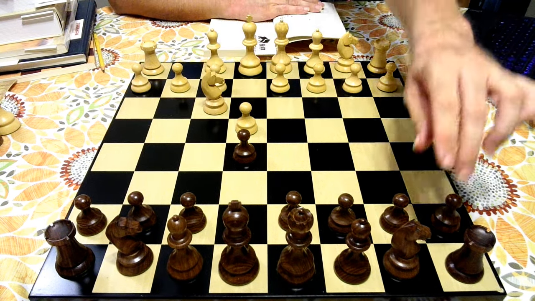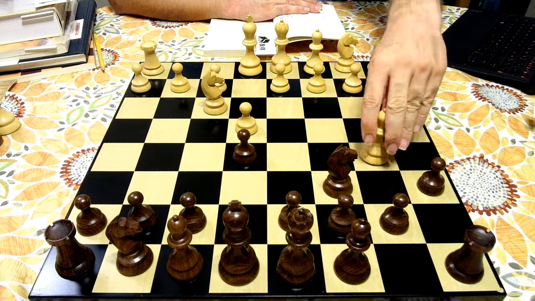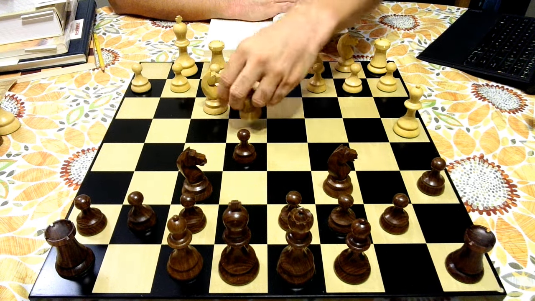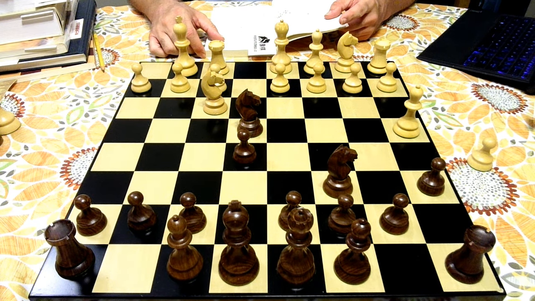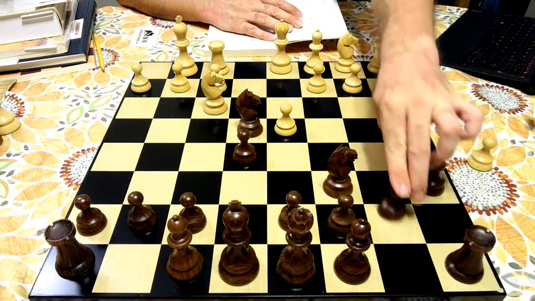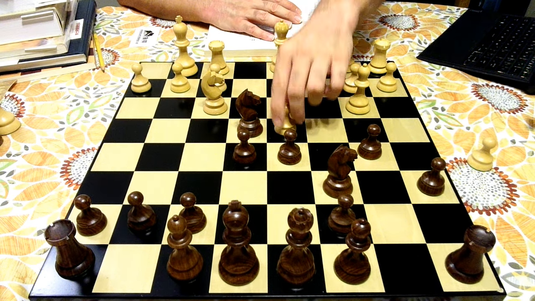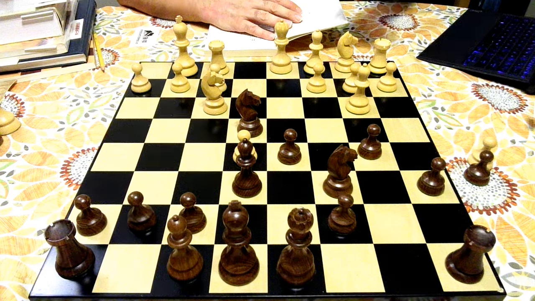Knight f3, knight c6, bishop b5, a6, bishop a4, knight f6, castle, and the knight takes e4. Euwe's play was very much in the Tarrasch mode, and he was always prepared to take this pawn. d4, b5, bishop b3, d5, d takes e5, bishop e6, c3,